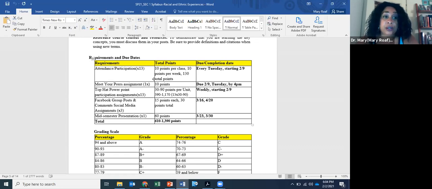There is going to be a range. Top Hat is tricky. The biggest thing I want to fine tune is getting better about pinpointing. But there is a range in how many points you're going to be earning every week. That's because this is really the foundation of our course. These weekly assignments in Top Hat, with the readings associated with each unit, are connected directly with the readings and the reading multiple choice questions. We're going to get to the Facebook, social media. There's only 2 of them, but again, they're really critical, and I'm thinking about ways of expanding this.